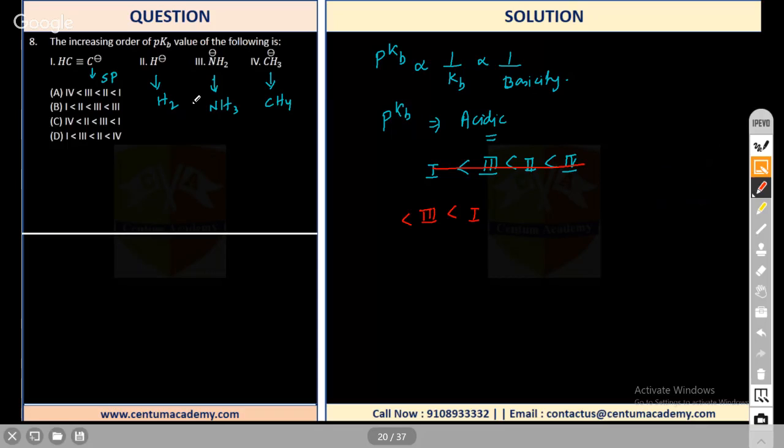Fourth is more acidic than second. Okay, so second and fourth, yeah, right. So fourth is more acidic than second. Okay, so now you see, third one should be less than first, and fourth one should be greater than two. So if you compare this, fourth one greater than two,